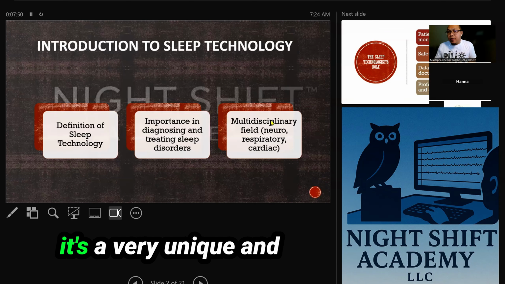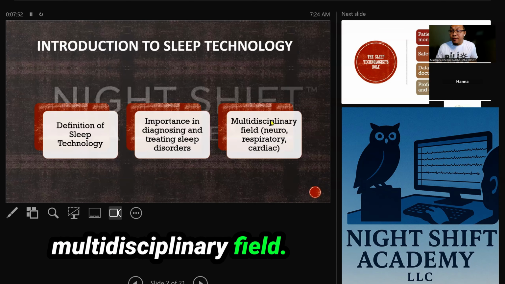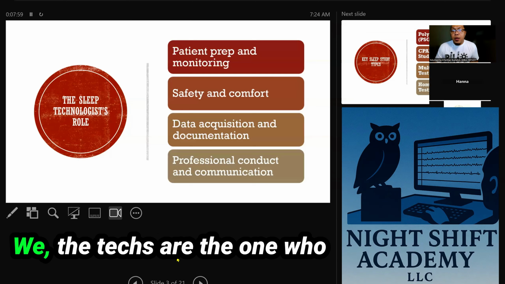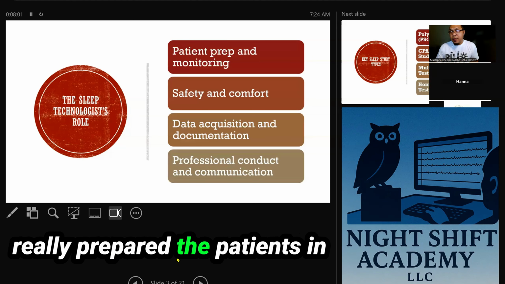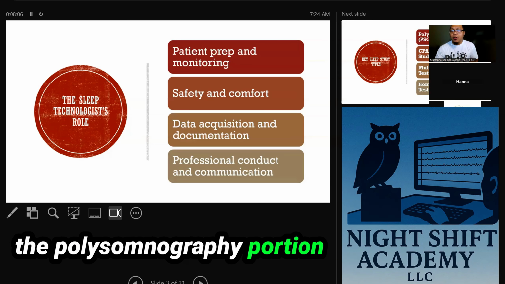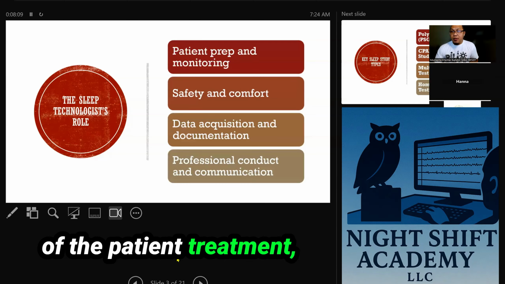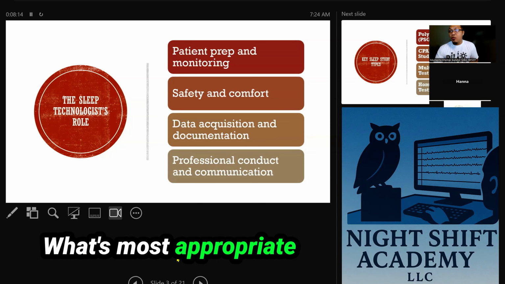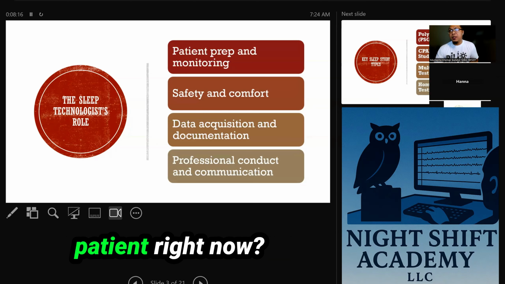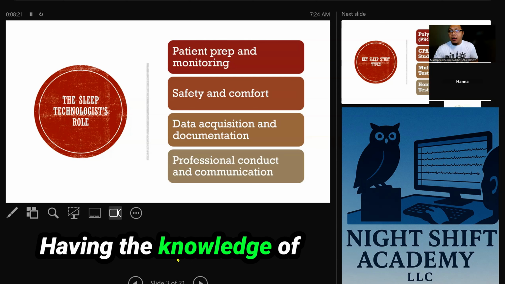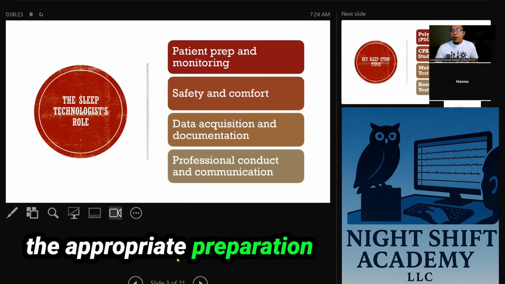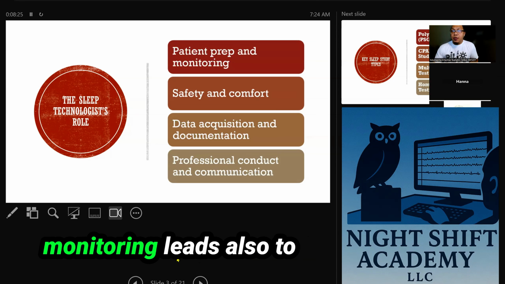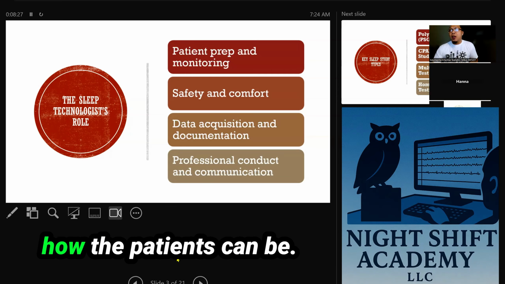And so it's a very unique and multidisciplinary field. We, the techs, are the ones who really prepare the patients in the polysomnography portion of the patient treatment. We eventually lead to treatment of the patients. What's the most appropriate intervention for the patient, right? Now, having the knowledge of the appropriate preparation for the patients and monitoring leads also to how the patients can